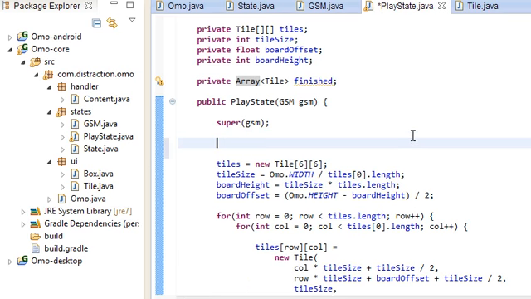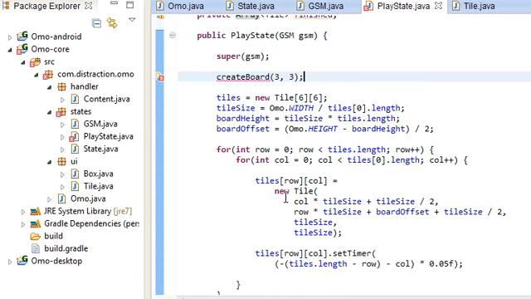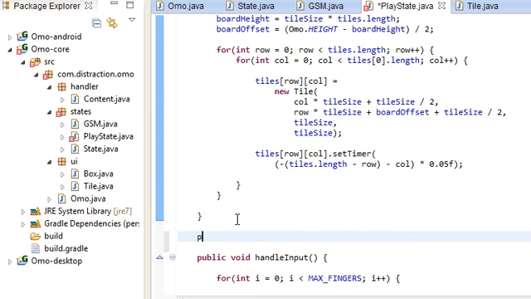I'll just put it in another method, create board, and I'm going to give it the number of rows and number of columns. Let's start off with 3 by 3. So I'll just create this method here, private void create board, int num rows, int num columns,